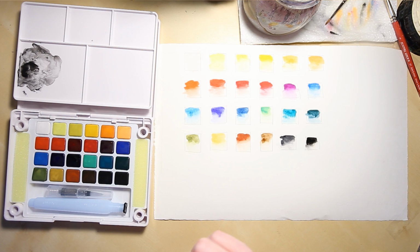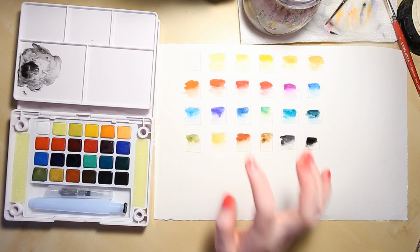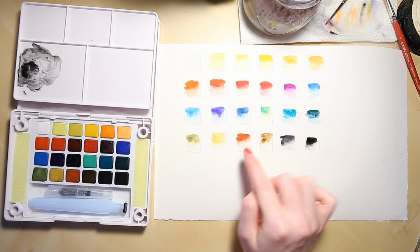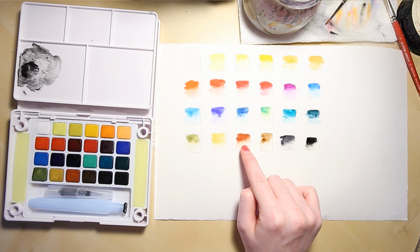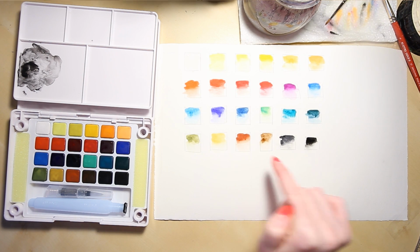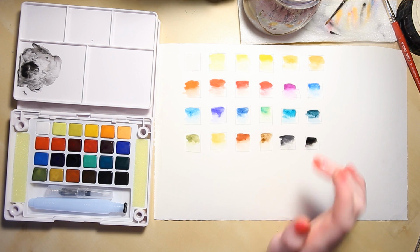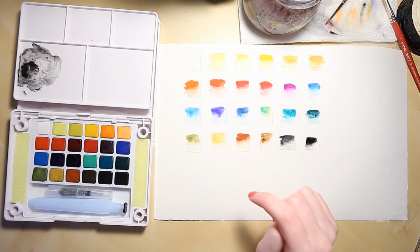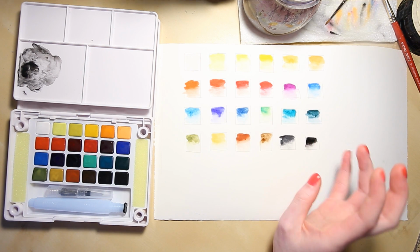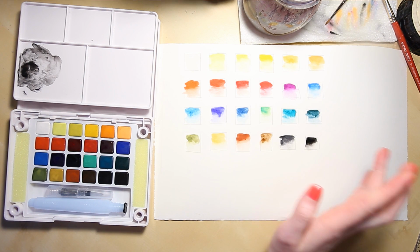So my first impressions of these is they seem like an ink. They almost work the same as an ink, but as if they were in a pan form. Just the way that they apply and the way that they don't really bleed through the water, and even just like the grey one here, they just remind me of an ink. Even their vibrancy, they're really, really vibrant, and they're giving great bursts of colour, which is really pretty, and I really like them. But I definitely do not think that they would substitute my current watercolour palette, which is okay